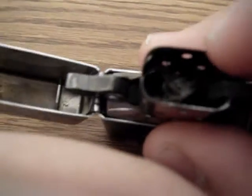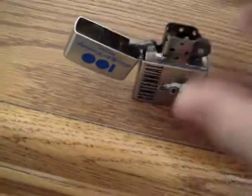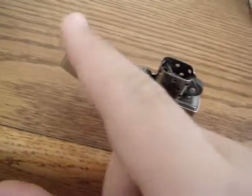you want to take a pencil and push the little wick towards this at like a 45 degree angle. So it's going up like that. Just push it towards the door hinge thing. And then when you light it,